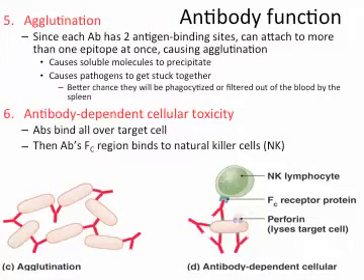The sixth antibody function is antibody-dependent cellular toxicity. If you look at the cartoon on the bottom right side, you see the bacteria and the antibodies binding to the bacteria, and then an NK, a natural killer lymphocyte, can come and bind to that Fc portion of the antibody via its Fc receptor protein, and then the natural killer lymphocyte can release perforins. Those are protein molecules that can basically punch holes in the bacteria and cause the bacteria to lyse and